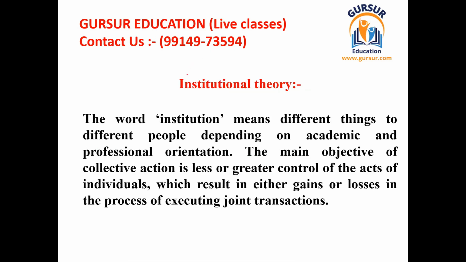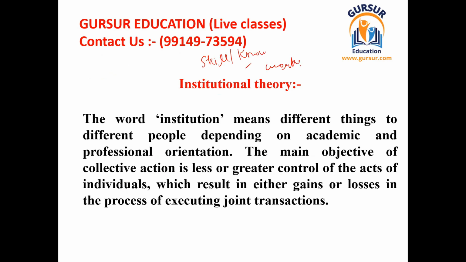The fourth one is institutional theory. So this theory simply tells you that rather than a resource, each and every worker is an institution in himself, because he has knowledge, he has skill, he has power, he has efforts. He has everything to achieve his specific goals. So the main objective of the collective action is less or greater control of the acts of the individual. This theory states that you have to take note of whatever benefit a special person can give to your organization. So take note of the skill or the knowledge